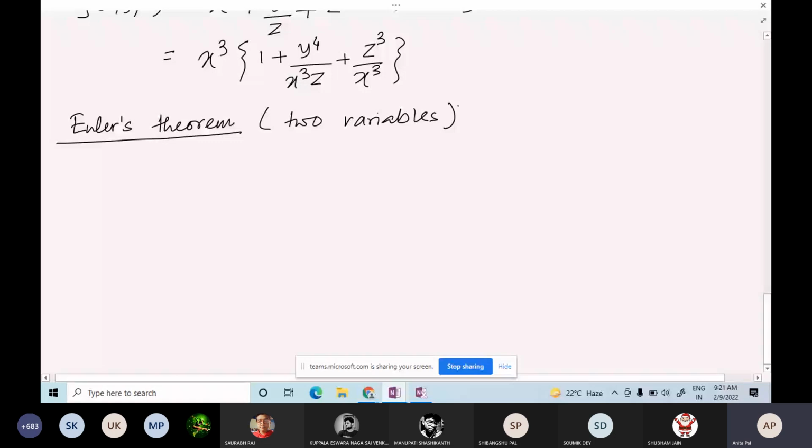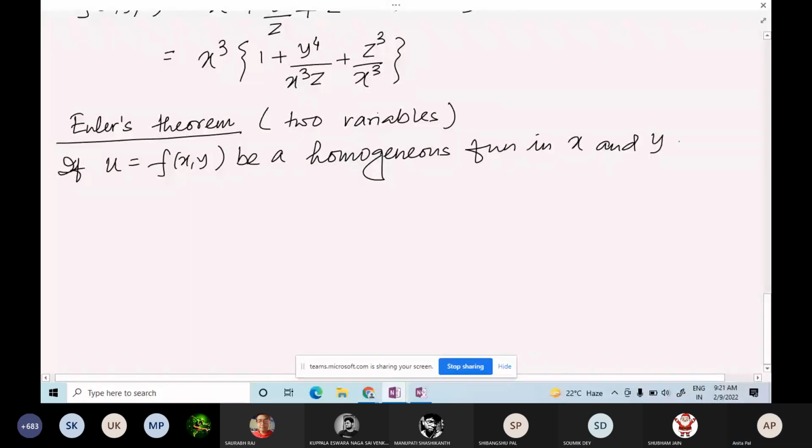Now what Euler's theorem is saying is that if u is equal to f of x y, a function of x and y, be a homogeneous function in x and y of degree n,